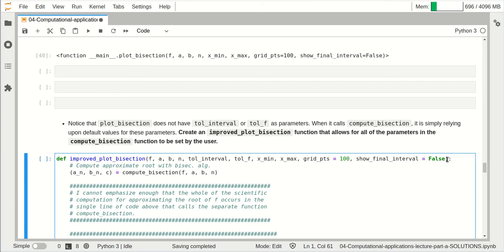If you put them at the end, you're going to need to add default values or it won't work because I already start having some default values here. So now that at least adds these as parameters to this function, but they're not being used in compute bisection yet. Just because you're passing them in, they're not used anywhere in this code until you do this. There you go. I'm adding those tolerance parameters. Now they're being used. Those edits right there, changing the name of the function, adding these two parameters, and making sure you pass them to the compute bisection,